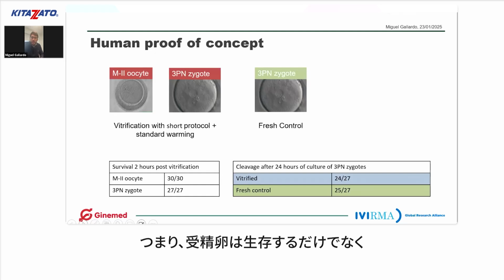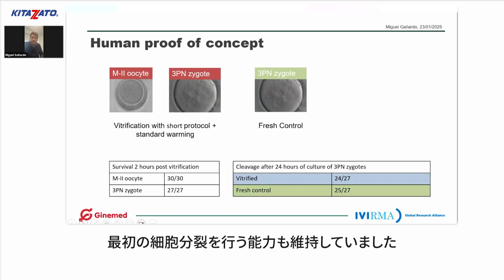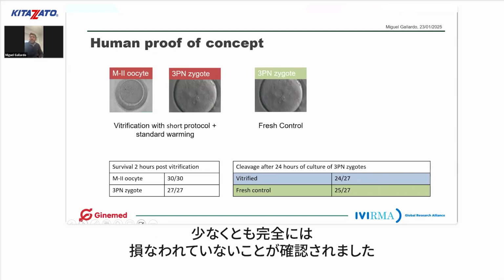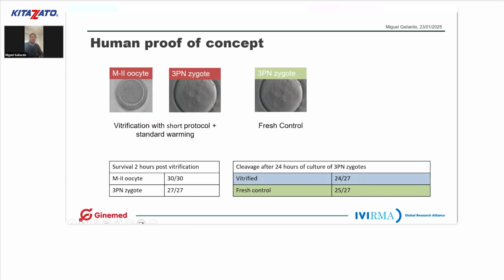And not only does it survive, but the zygotes seem to have the same ability to do the first cleavage, at least. So we know that the biological machinery inside is not fully compromised, at least. But it was a very initial validation that we did in